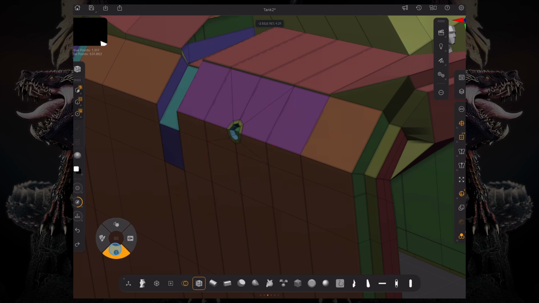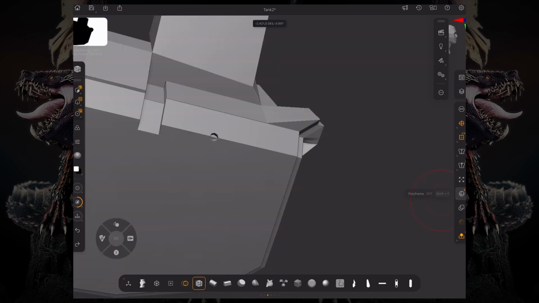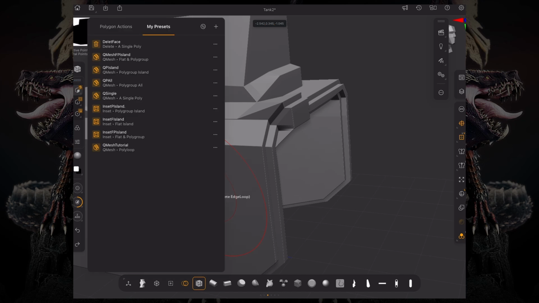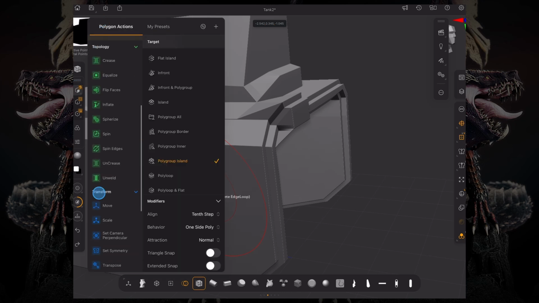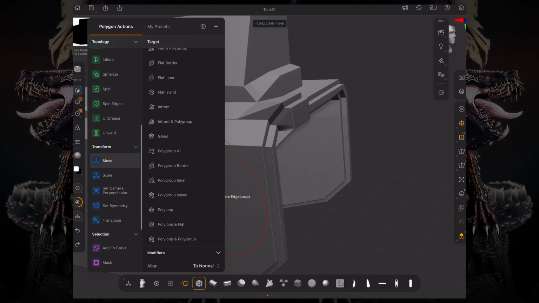And these are all presets that I pre-made before I even started the video. But again, it's that easy. You just go into your actions menu and select your action, select your target, select your modifiers, and then just press the add button instead of repeatedly having to change those settings every time you want to do something else